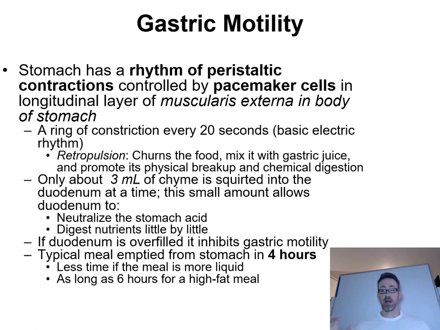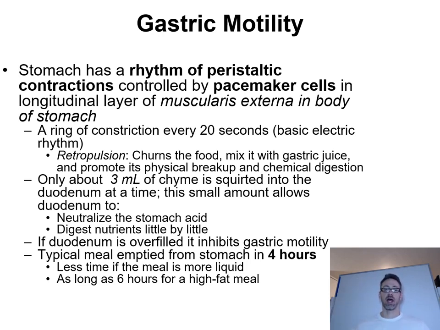they keep that pace, essentially this rhythm of constriction going every 20 seconds, or about 3 times a minute. You'd get a wave of peristalsis moving essentially from the fundus downward towards the antrum, because that's the direction we want to move the food in, from the fundus towards the pyloric sphincter, ultimately towards the small intestine. And so in doing this 3 times every minute, it's moving that and kind of churning up the food and pushing it towards that